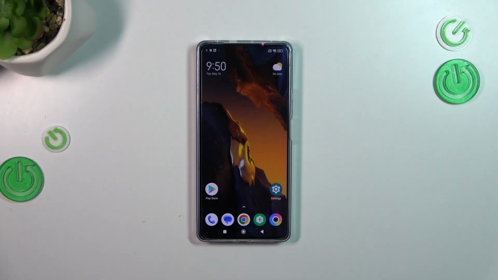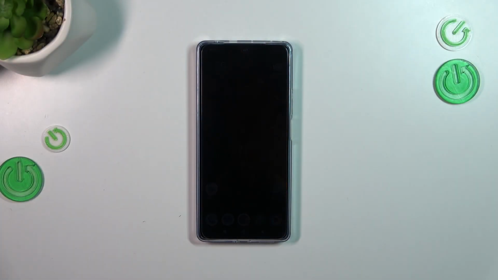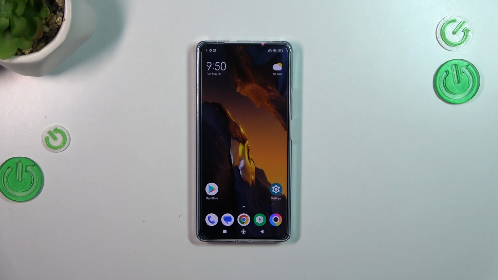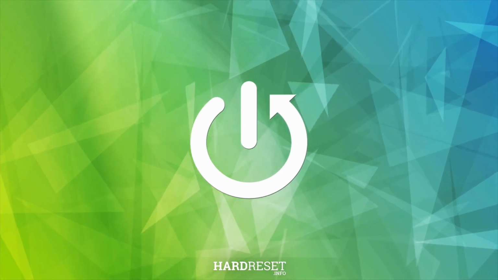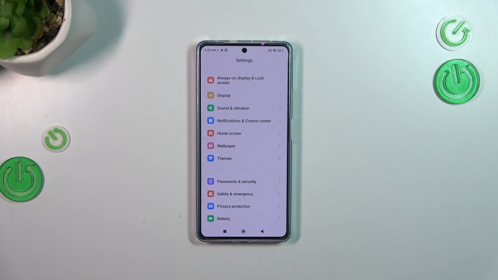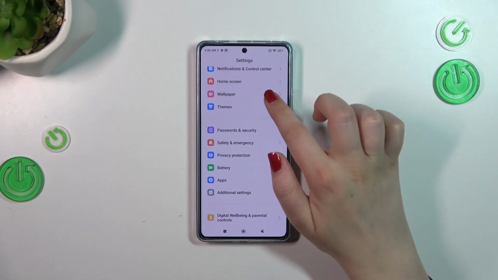Hi everyone, in front of me I've got POCO F5 and let me share with you how to change the wallpaper on this device. First of all, let's enter the settings, and here we have to scroll down in order to find the wallpaper